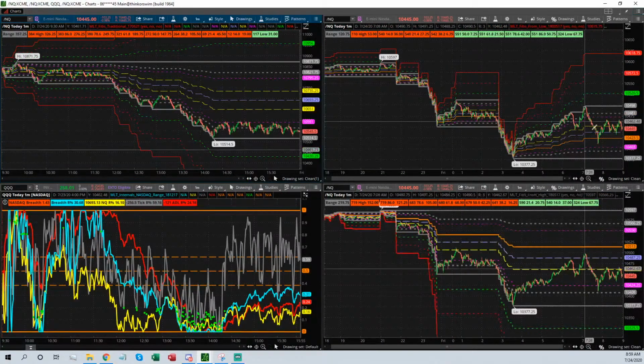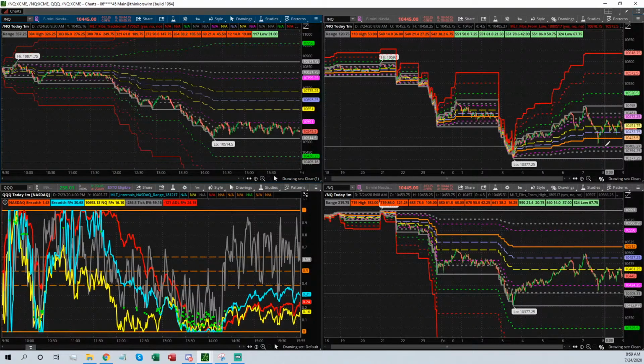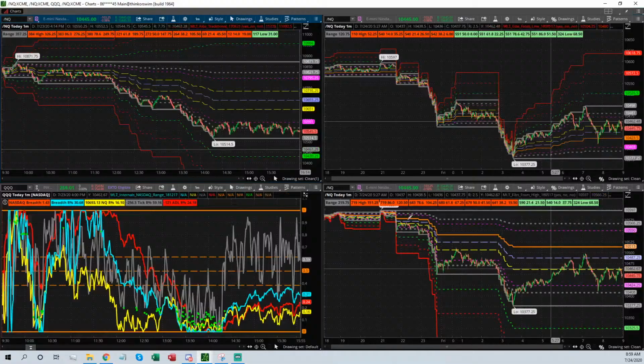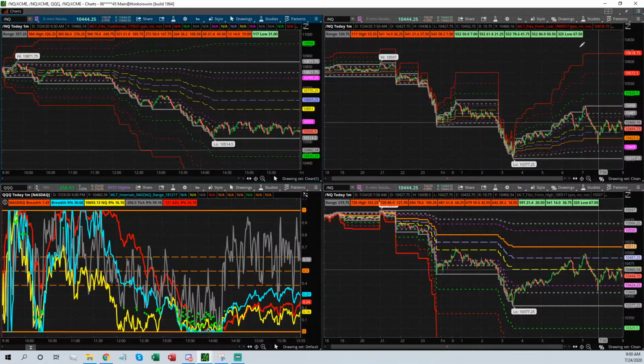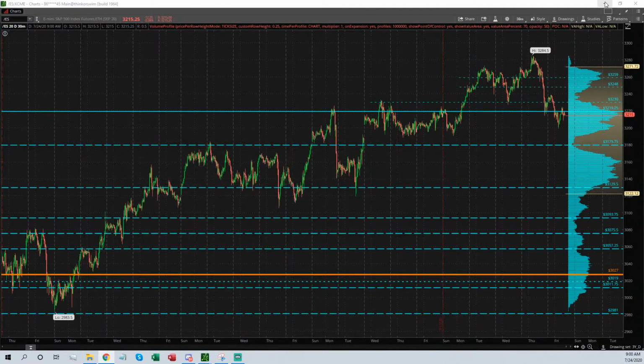The Nasdaq is already sloppily traded, so it is the weaker. It had the 3 distributions yesterday, so I think the bears really have it going on here for the Nasdaq, to be honest with you. And you can see no challenge on the 61.8 and selling at the halfway back short. So if I was going to be shorting anything, I'd still rather be doing it with the Nasdaq.